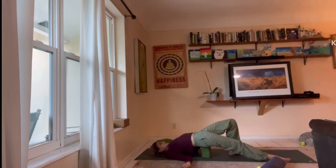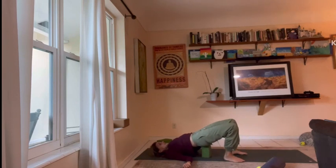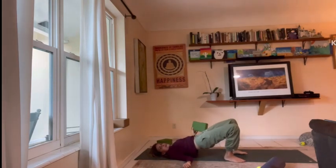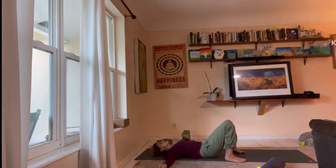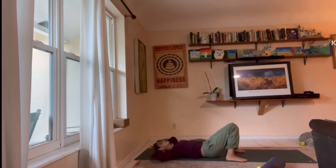And let's walk our feet in underneath our knees. Lift your hips off the block. Slowly place them down on the mat. Bring your knees together for constructive rest. You can walk your feet out towards the edges of your mat. Now letting the hips just return